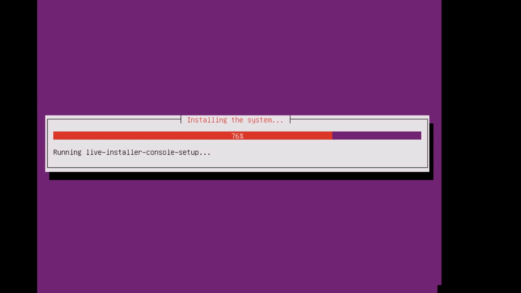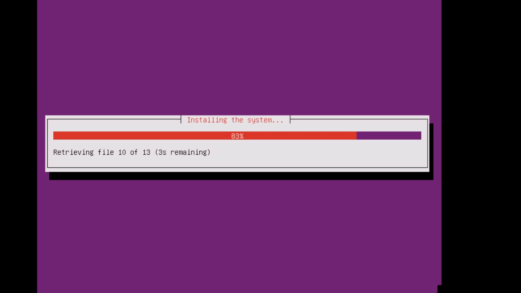This can take a while, or it can take not that long, depending on a few different things about your computer or your server or the computer you're installing. You don't need to put this on a server. You can put this on whatever machine you would like and use it as a server, or use the terminal-based